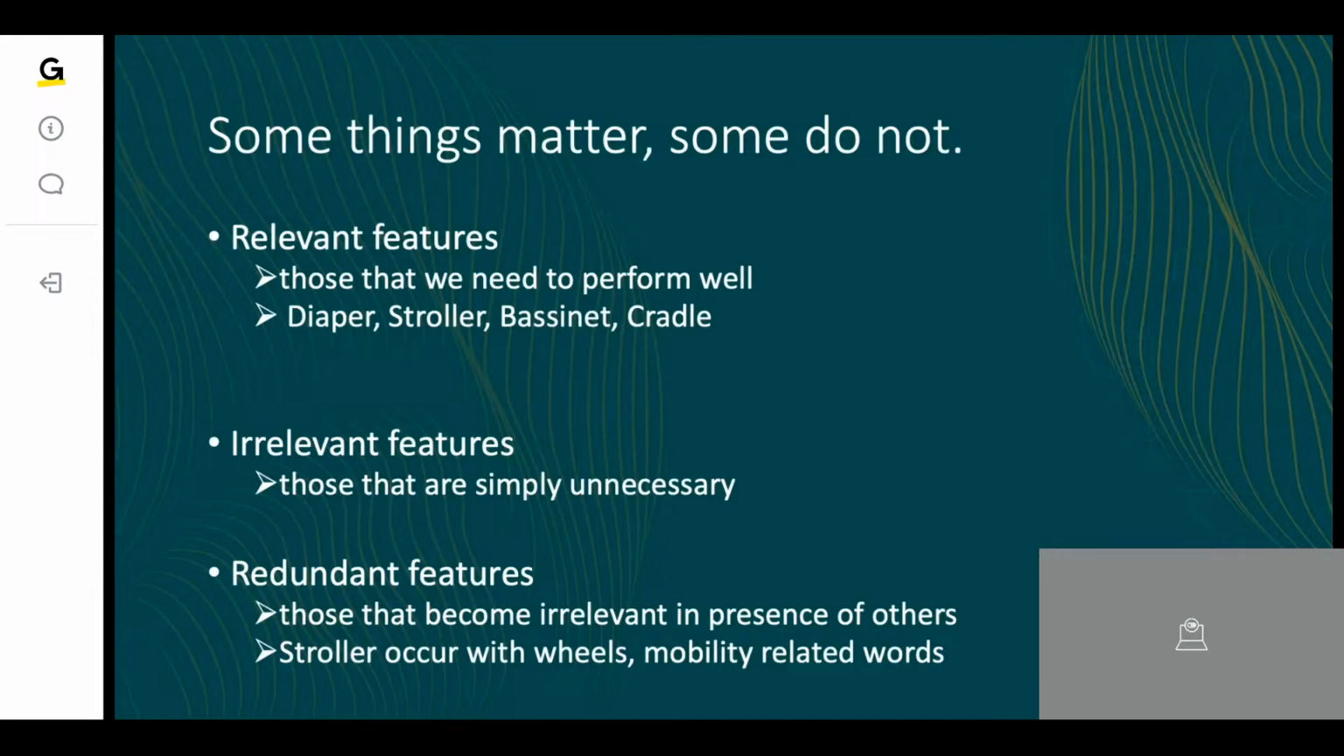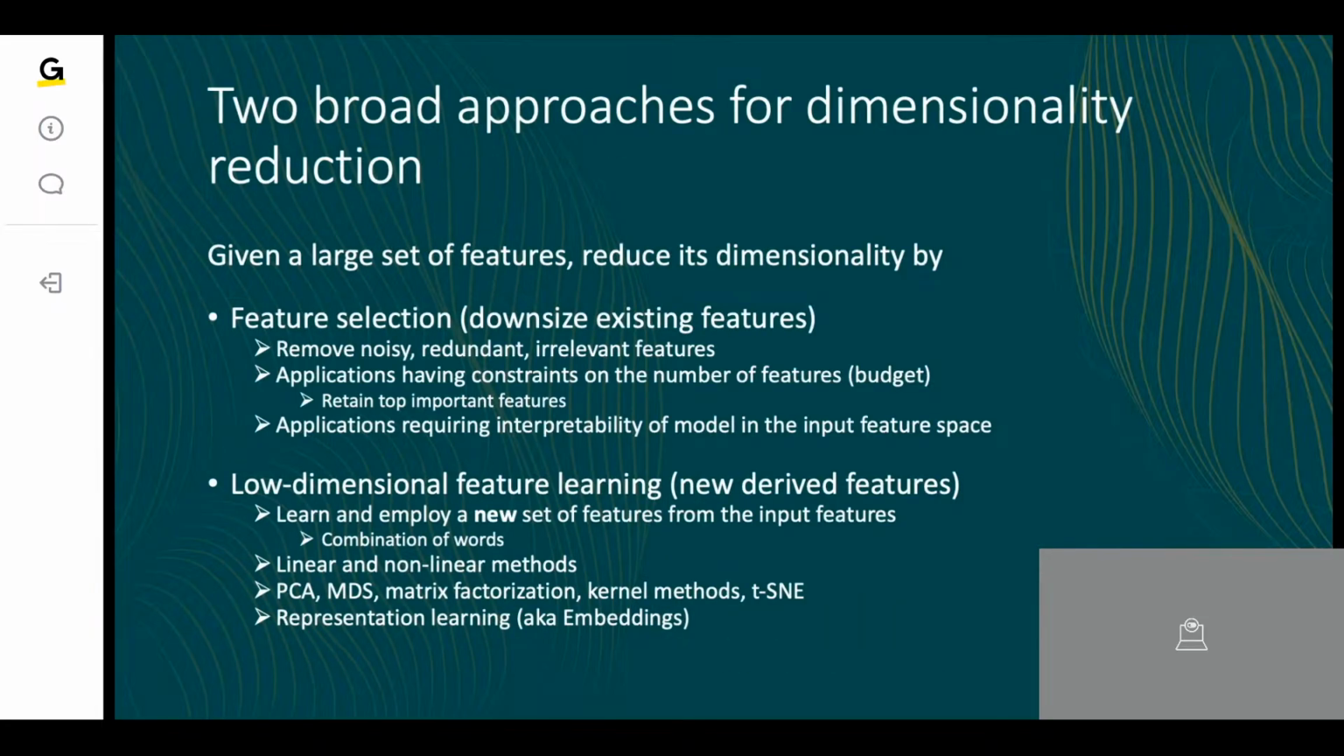So the problem becomes to find out which features are important and which are the other ones that can simply be ignored. So there are two broad approaches for dimensionality reduction. One is to carry out feature selection, where essentially what you're doing is downsizing the set of features that can be used for the prediction problem. The idea being that you want to remove